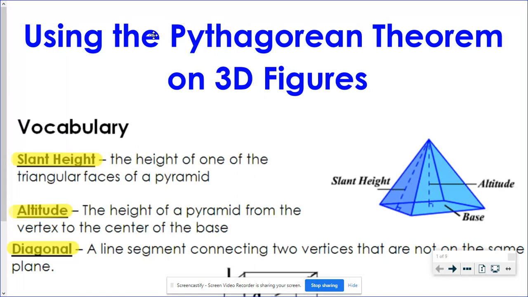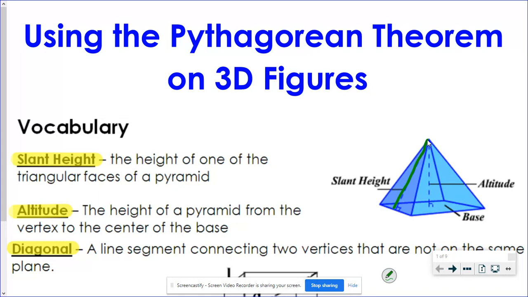You can see in this picture, I've got a couple of things labeled that we might be talking about in some of our problems, especially on the worksheet today. When we talk about a slant height in a pyramid, the slant height would be the height of one of the faces, the triangle faces. So it's slanted. It's the height of that triangle, but not the height of the entire pyramid. The altitude is what we call the height of the entire pyramid. So it's got to be perpendicular to the base